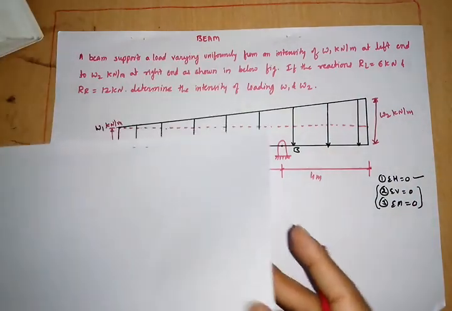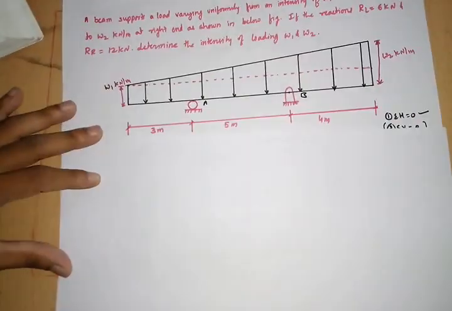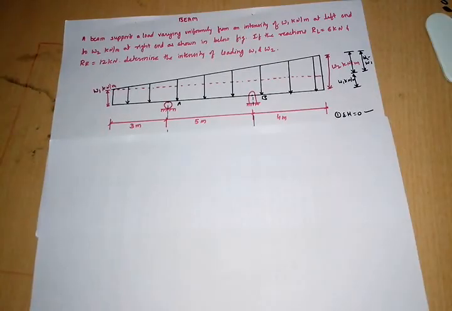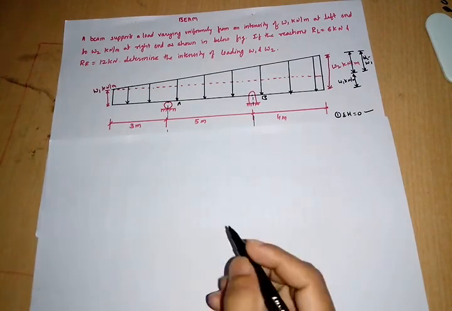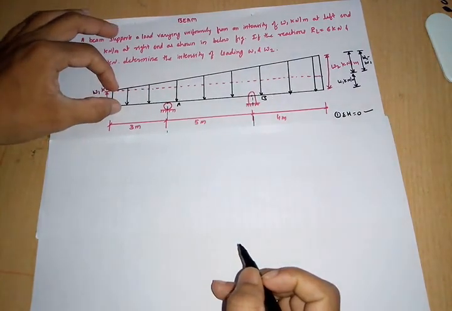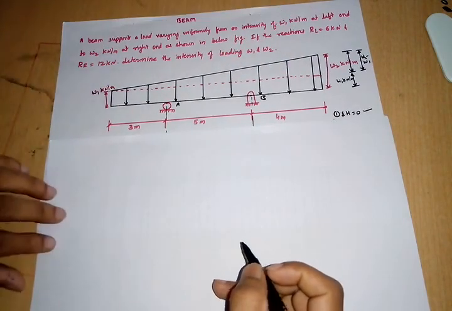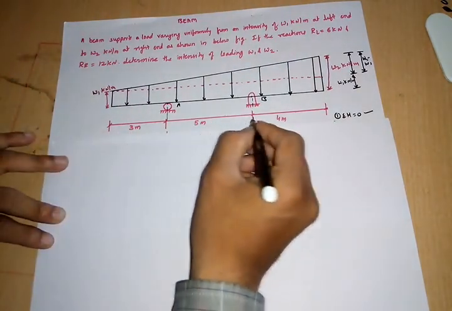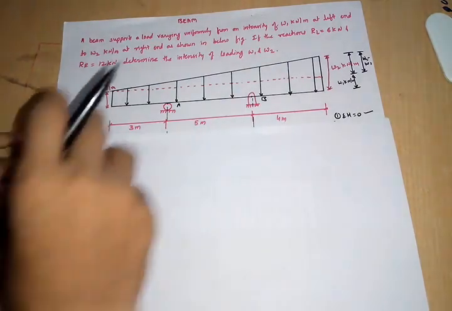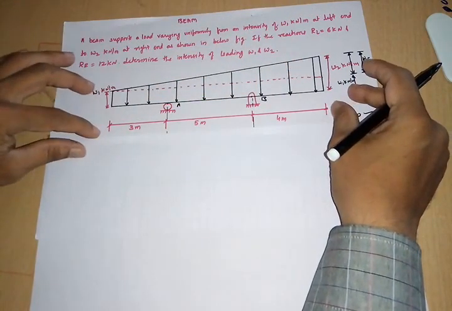Here I have drawn it clearly. First draw this rectangle. Separately draw the free body diagram for this rectangular shape, that is the UDL loading, and for the UVL loading, as shown below. The overall length is 3 plus 5 plus 4, that is 12 meter. So this W1 has spread over a length of 12 meter.